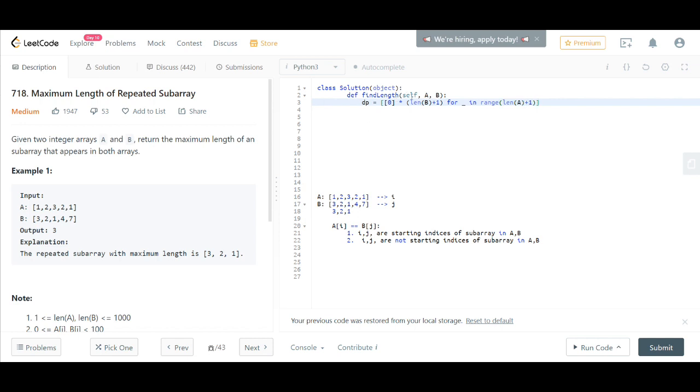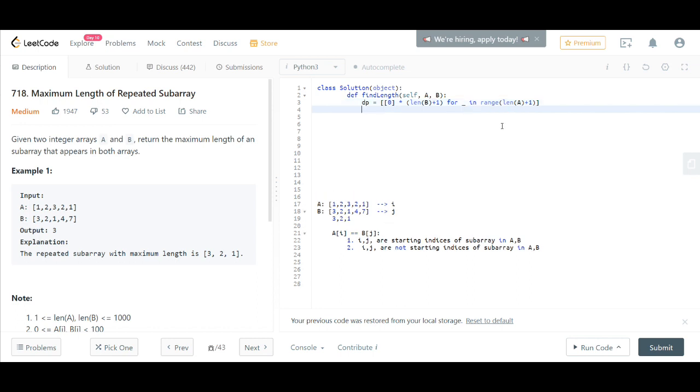I'm taking a 2D matrix of dimensions length of B plus 1 by length of A plus 1, so that we can get all possible combinations when we are traversing through I and J. After that I'll take a count variable. I'll let you know in a while why I'm taking this.